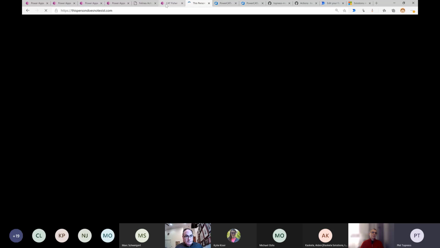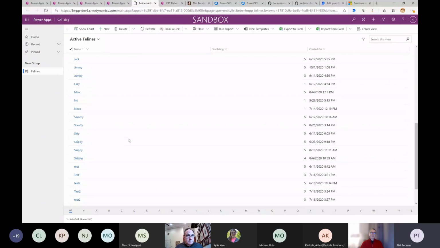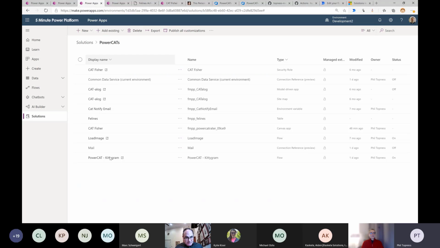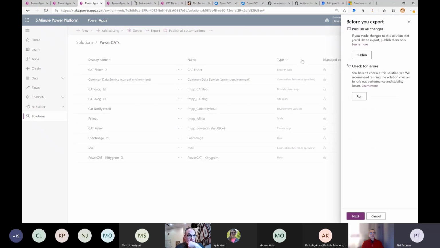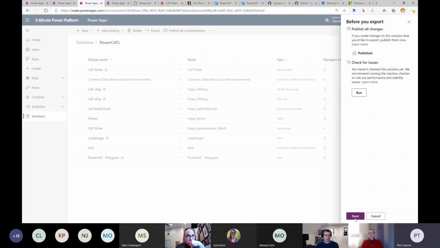So this Canvas app, you can name your cat, rate it. If it gets 5 stars, a flow kicks off and sends off an email alert to people. It's got a model-driven app, so you can manage all your cat records. So this whole thing is stored in a solution. So a solution is a bundle of different elements. We'll talk about them in a second. And here in my development environment, if I wanted to move this to another environment manually, I can export this. First, I'll publish it. When I publish it, any changes go down to the solution and also for users. So be careful, those changes will then appear in the solution that we're about to move to our test environment. And then once it's done publishing, we'll be able to export a solution file.